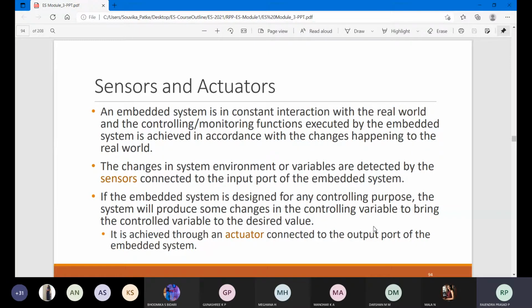When it changes state, that is the input which we are going to identify. The changes in system environment or variables are detected by the sensors connected to the input port of an embedded system.